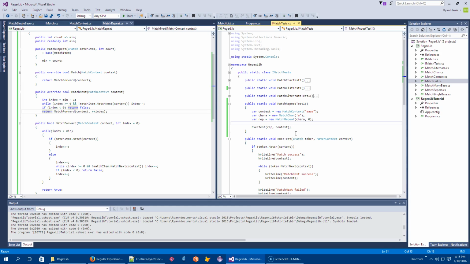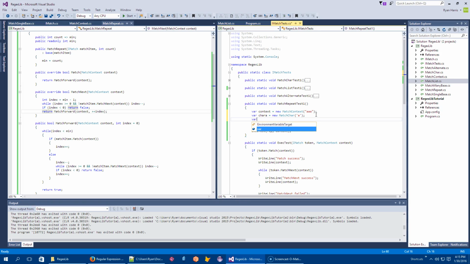The one thing that's, again, hard about this is to show that the backtracking is doing what we think it should be doing. So I like to do it this way. So let's make that 3. And I will do var list of 2A's equals new match list of a new array of these guys, and we will have char A,